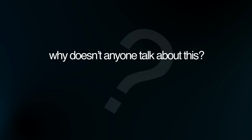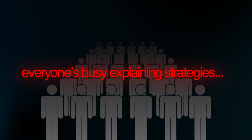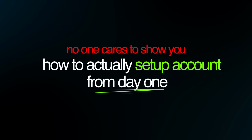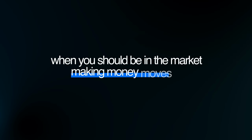Why doesn't anyone talk about this? Why does no one address the new person? Everyone's busy explaining strategies and how this fair value gap did this and blah, blah. No one cares to show you how to actually set up an account from day one. If you're tired of being sidelined by technicalities when you should be in the market making money moves, this video